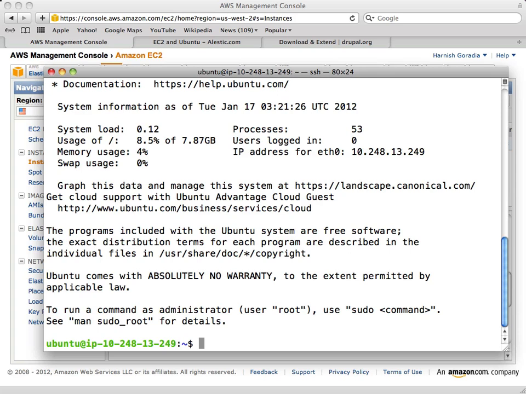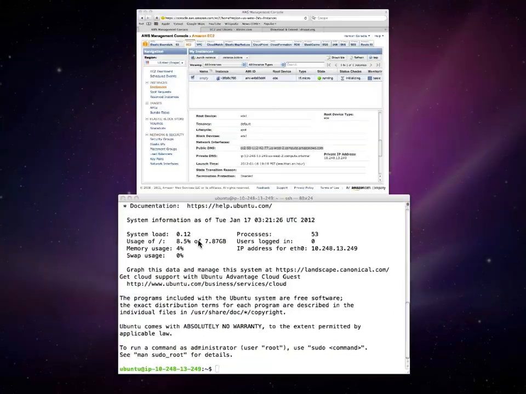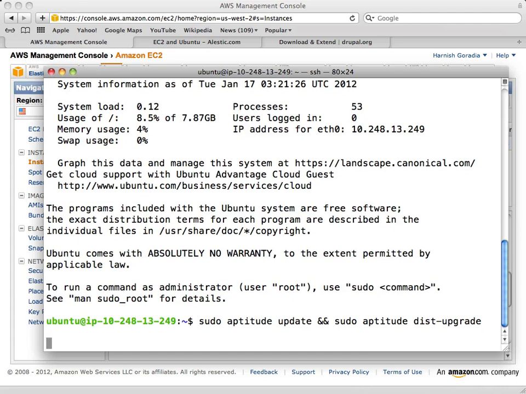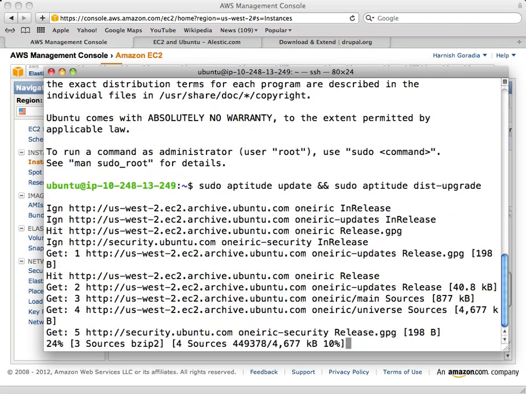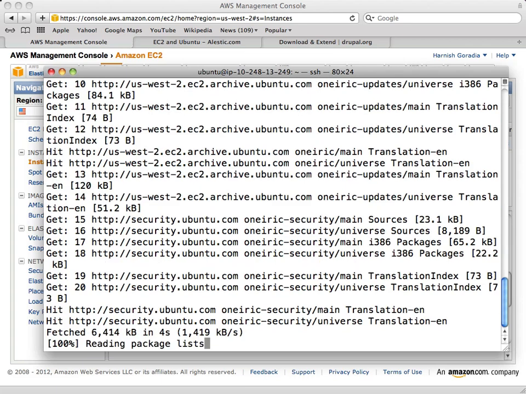I'm in my machine. This is the Ubuntu server that we just spawned. Okay. So at this point, there are some standard things that I do. And I'm going to start doing them. Just run some upgrade and update commands.